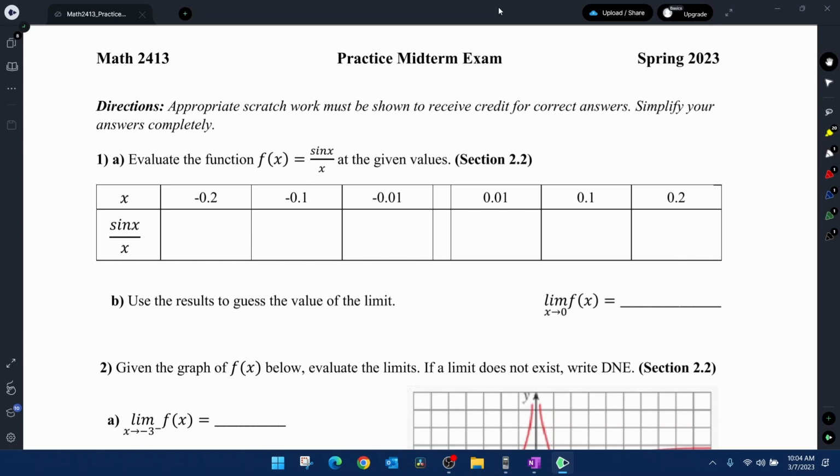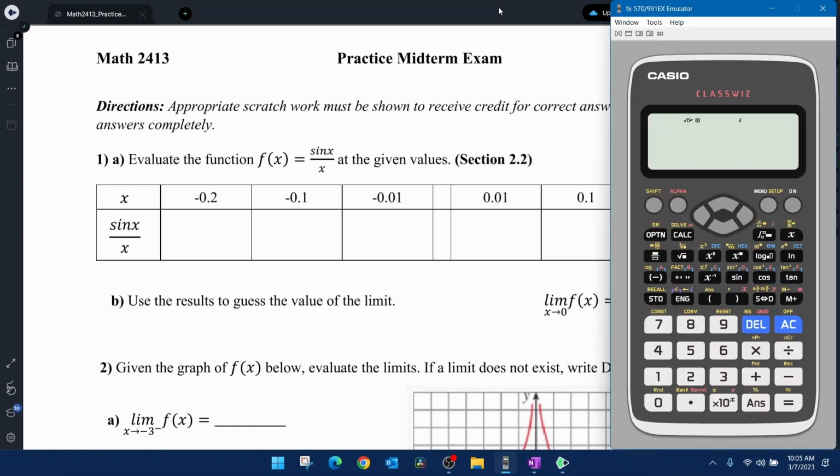Question number 1, it says evaluate the function at the given values. These are going to be radian values, so you need to be in radian mode. And then if you have my calculator, you can simply use the fraction button and do sine of negative 0.2 divided by negative 0.2. So we would say